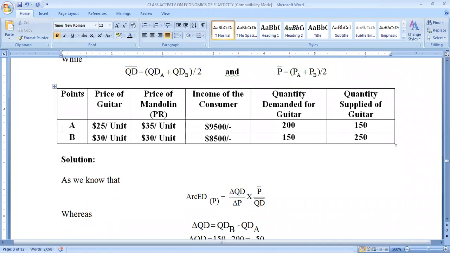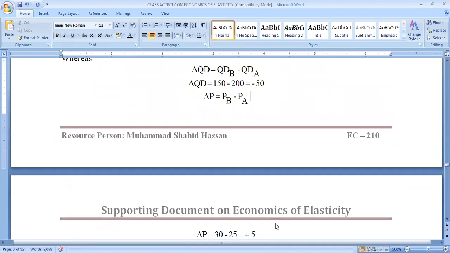The question number 6 was about calculate arc elasticity of demand with respect to price and interpret your result. As we know that the arc elasticity of demand with respect to price can be found by using the formula of delta QD divided by delta P multiplied by P bar over QD bar, right? So,